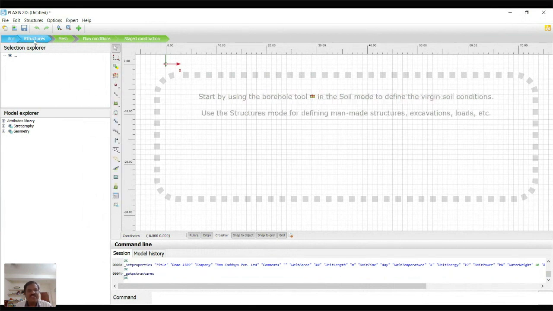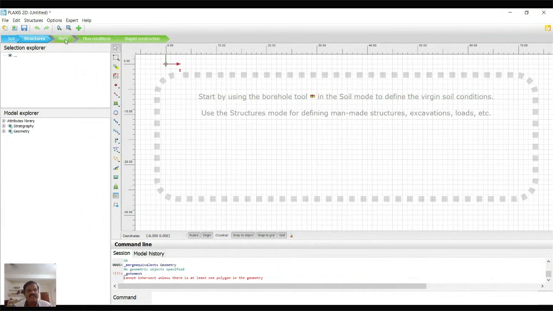When we move to structure mode, this vertical toolbar will change: single selection, multiple selection, move, multiple copy, node, create point, create line, create soil polygon, create tunnel, create load, prescribed displacement, structure. Based on the mode, this vertical toolbar will change. Okay, this is the mesh mode; after generating your soil and structure, we can go to mesh mode.